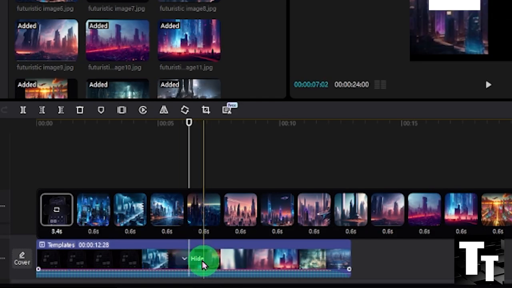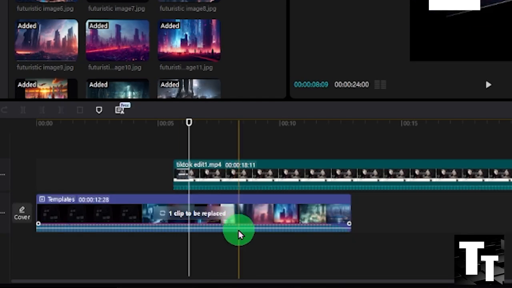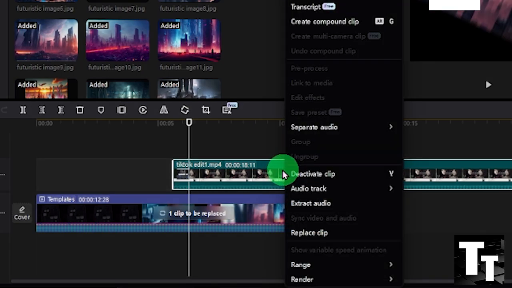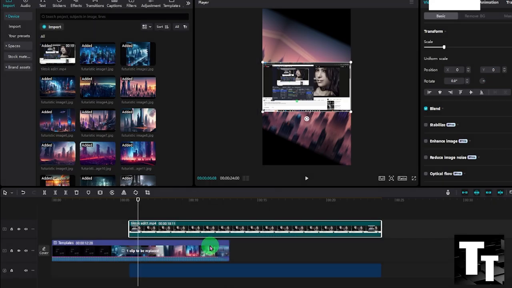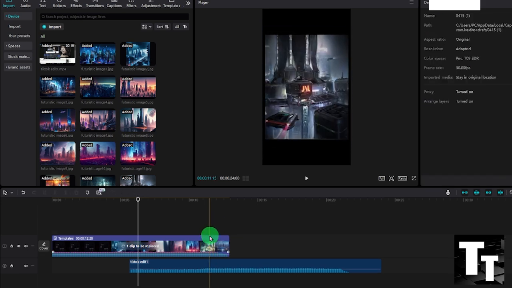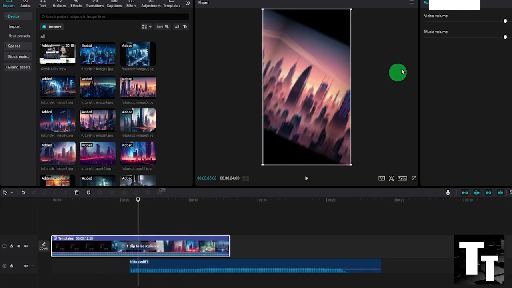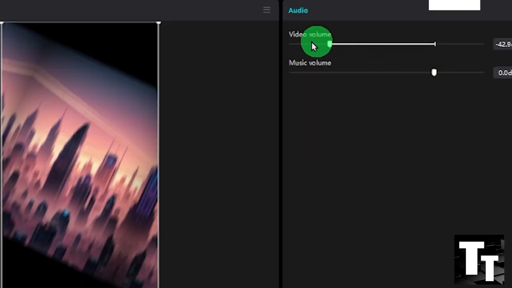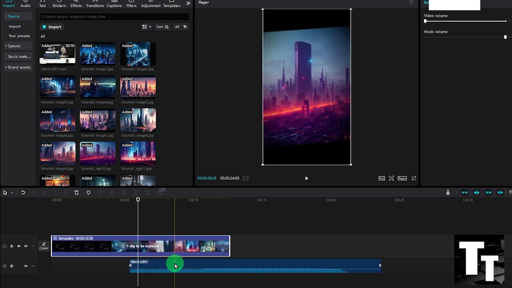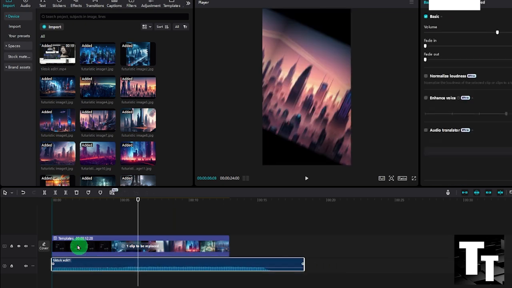And then now you want to click hide. And then now, if you want to replace the audio clip, right click, click extract audio, and then delete the video layer. And now for the TikTok edit, we don't want this audio. You can go to the top right hand screen and drag the video volume all the way to the left so that it's silent, and then drag your new or current existing TikTok edit audio,